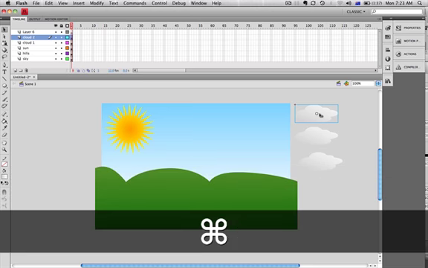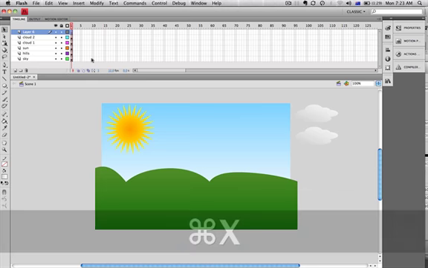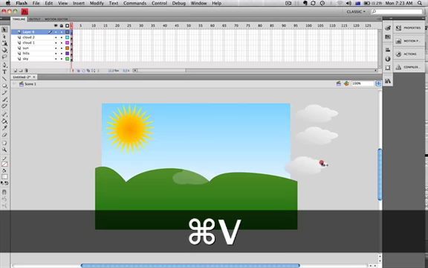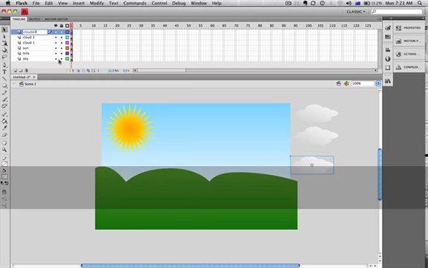Alright, I'm going to grab that third cloud and actually put it on its own layer. Okay, I'll grab that one. Alright. Just give that a label as well. 3. Oops. So,